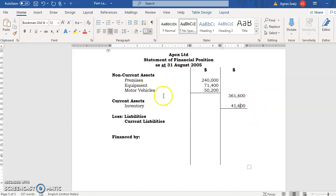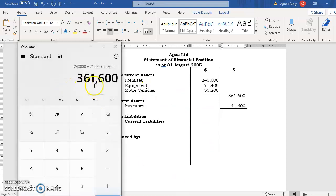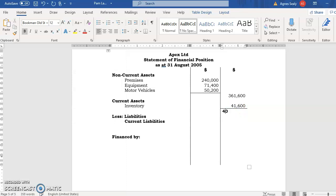So let's add our current assets and non-current assets together and see what they total. $361,600 plus $41,600, which is $403,200. This is our total assets, $403,200. Let me make sure that we're in the right line. Our total assets, $403,200, and from that we're going to take our liabilities, and we only have current liabilities,